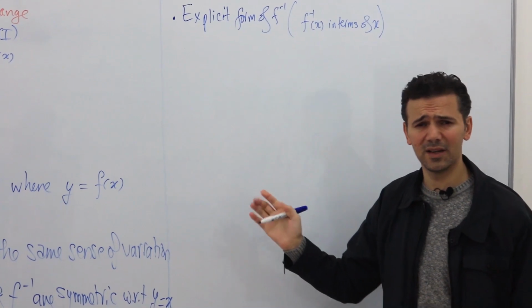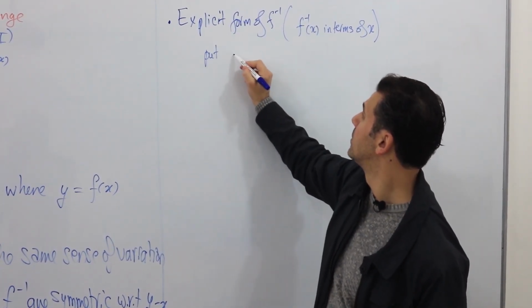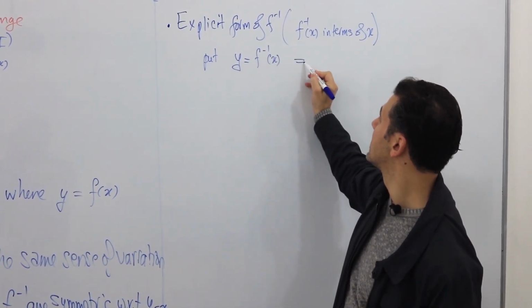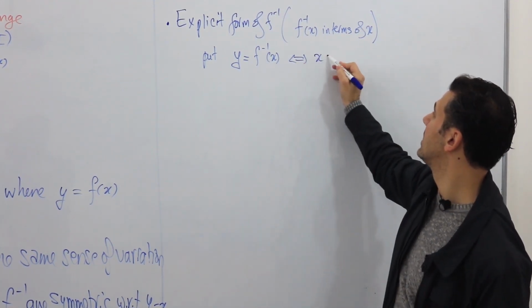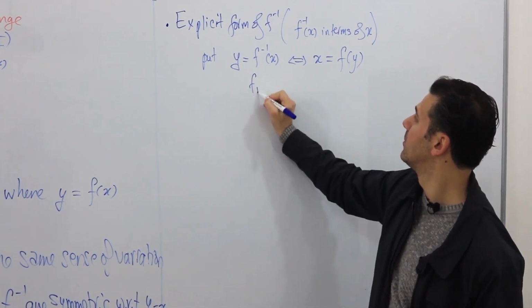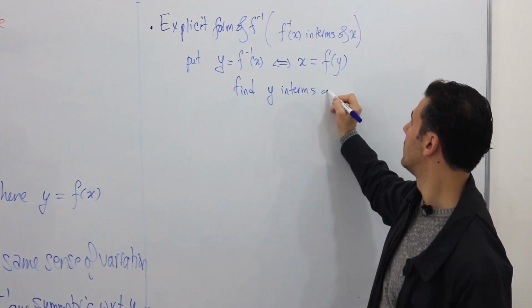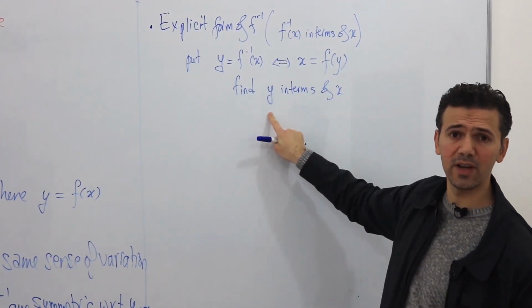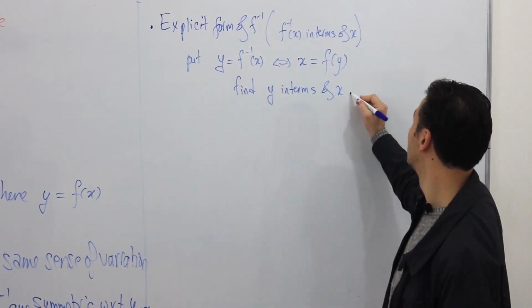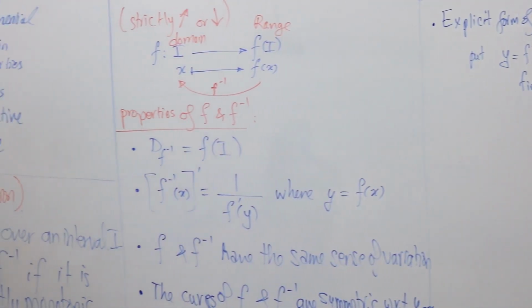And this can be easily done by solving, by put y equal f minus 1 of x, and this leads to say that x equal f of y at the end, and find y in terms of x. And once you know y in terms of x, in fact you got the expression of the f inverse. That's it. After this brief revision about the inverse function, let's talk now about the